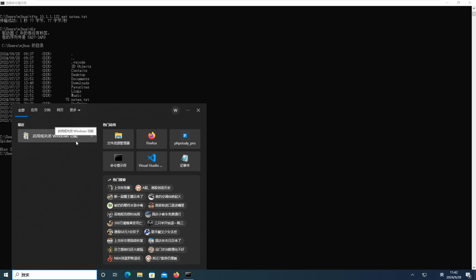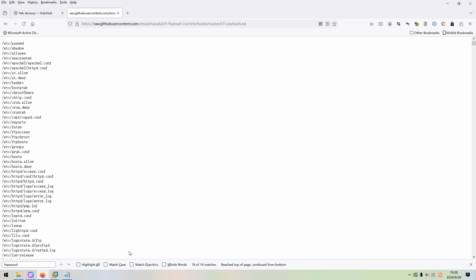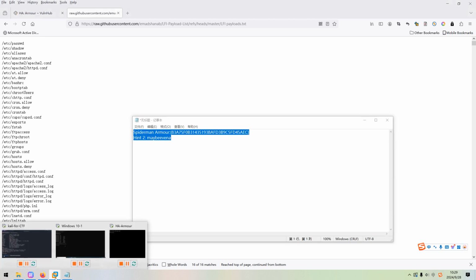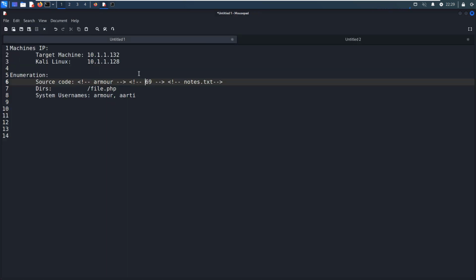You know, this is very simple. You can enable the TFTP client, and then you can use this command to get down the nodes, and then we can get the information. This I think should be another ARMA and also the hint. So now we can copy this information to the host machine, and I've already done that. And now we can copy and paste into the notebook.